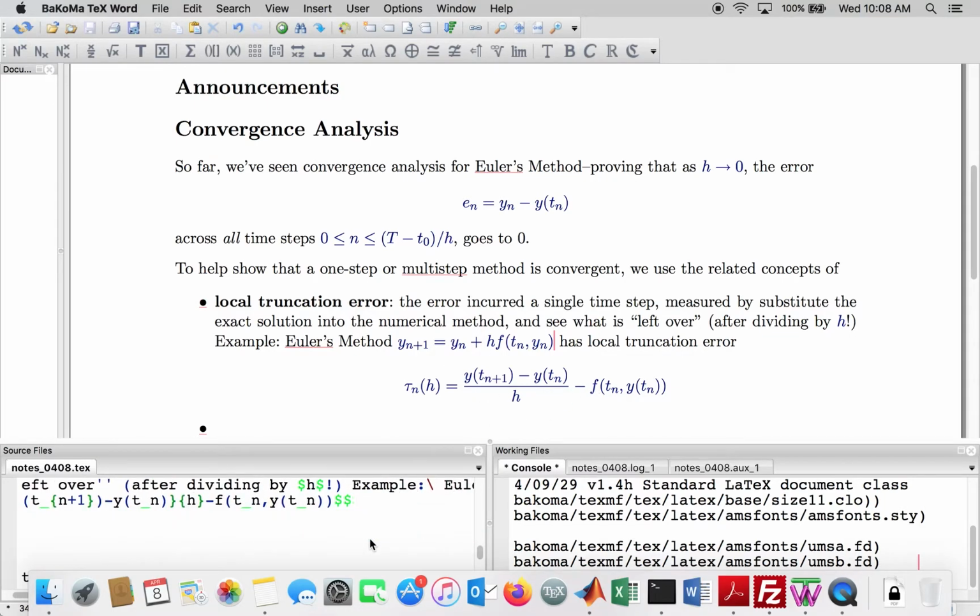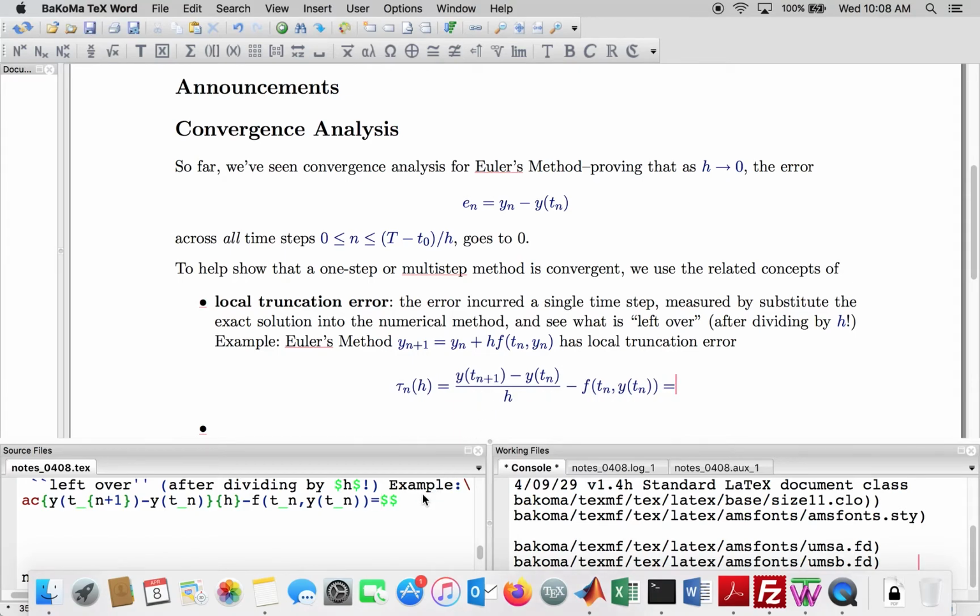And what you can do after that, to get a formula for local truncation error that's more convenient than this, is use Taylor expansion. So that would be equal to, a Taylor expansion of y of tn plus 1 around tn, so that's the center, what we would get is,